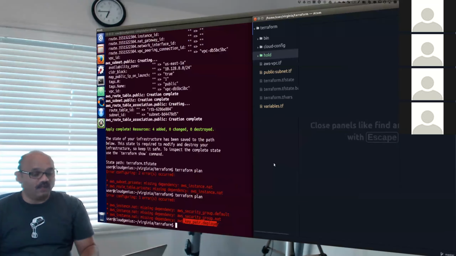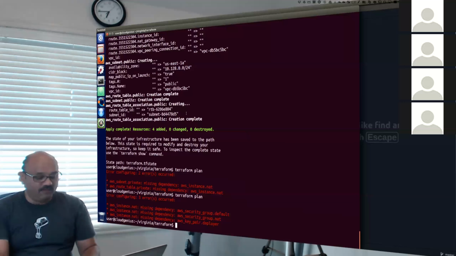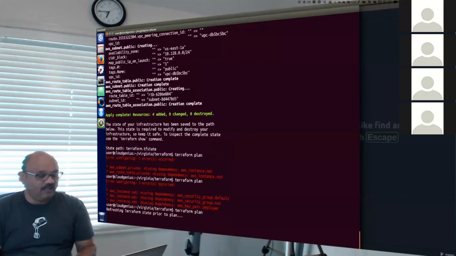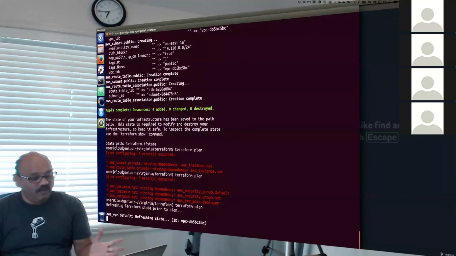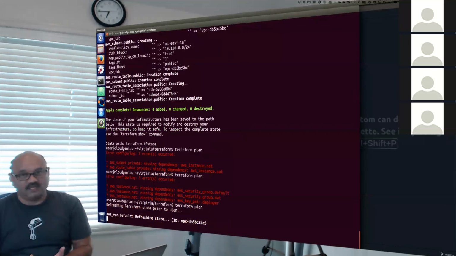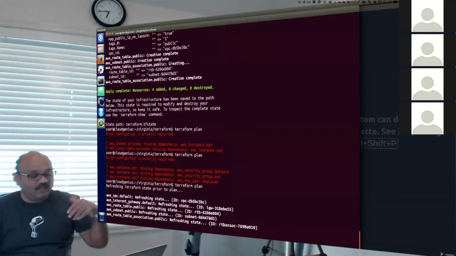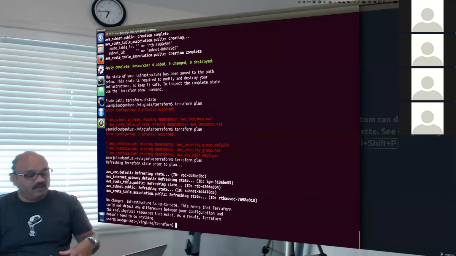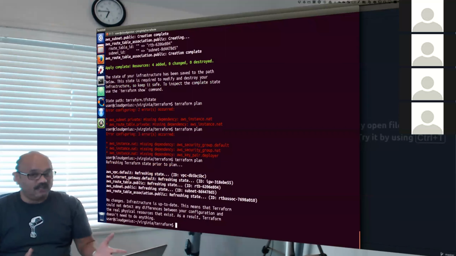So in our example, we have moved those things back in the holding area, which means we should now run plan again. And it should tell us that, yeah, no change, because we did not change anything, right? It will connect to the cloud and figure out that you already have everything. So there's no change needed, nothing needs to be done. It does nothing and then comes back.